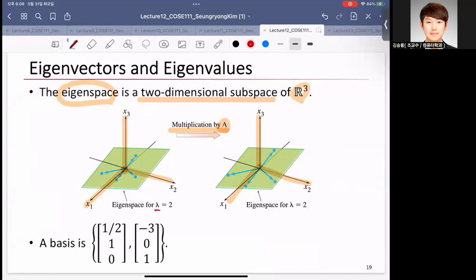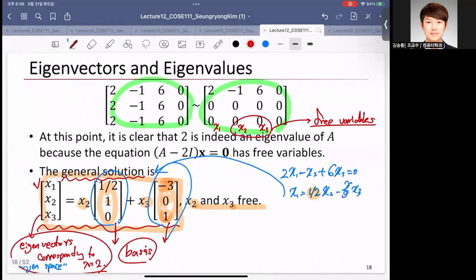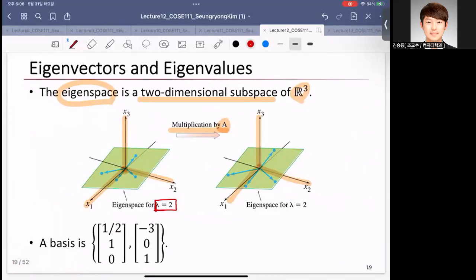When lambda is equal to 2, your eigenspace was like this, determined by this. So when we draw the whole path of eigenvectors, it's going to be a plane. Which plane? Determined by, or spanned by,